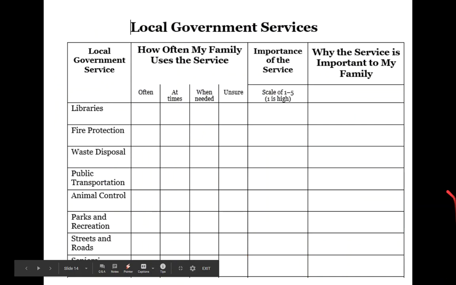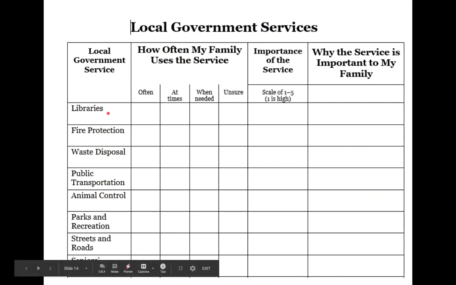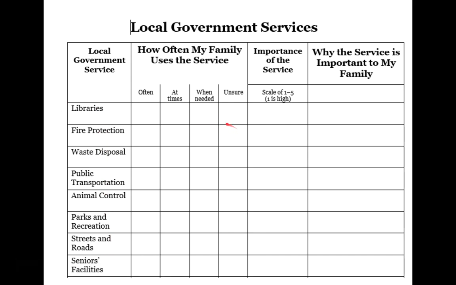Okay, so this is a worksheet that asks you how often your family uses these services. So libraries, do you use them often, at times, when needed, or are you unsure? And then it asks you how important that service is on a scale of 1 to 5, 1 being high, and then it asks you why that service is important to your family. So here's where you pause the video and